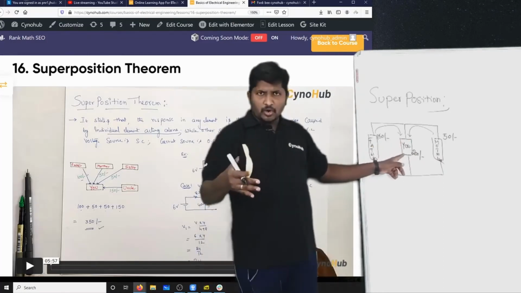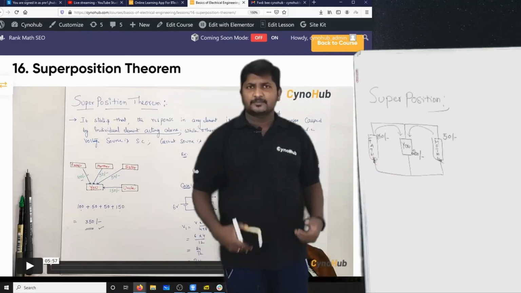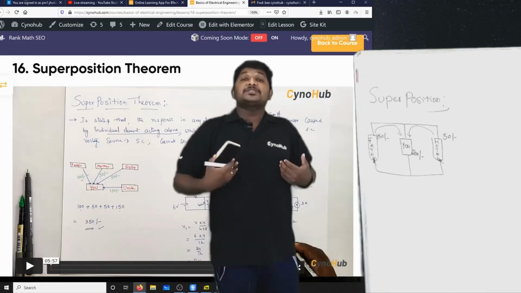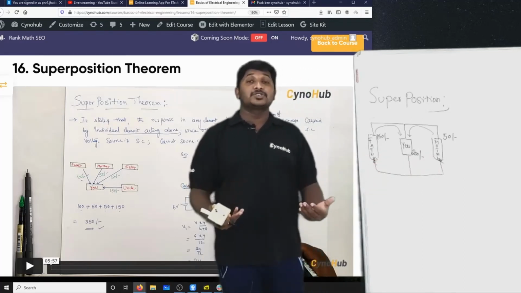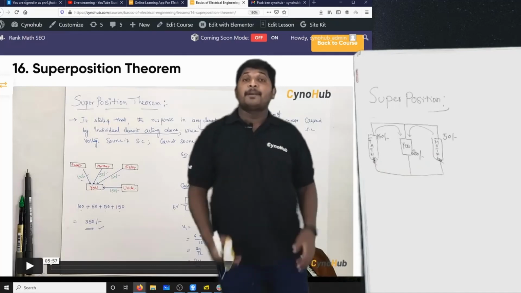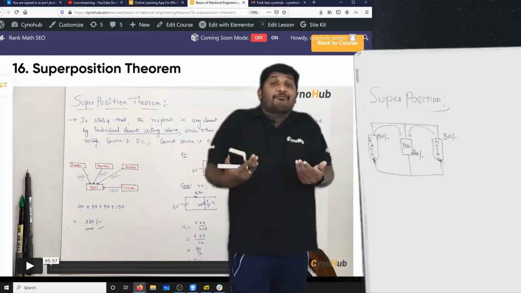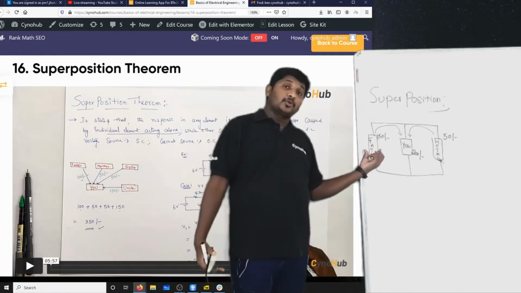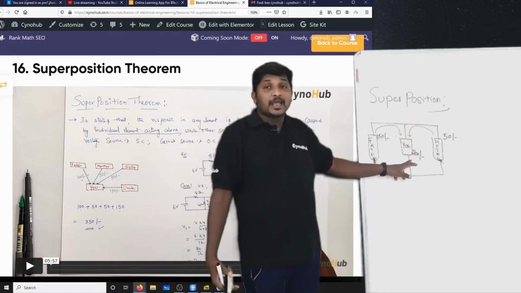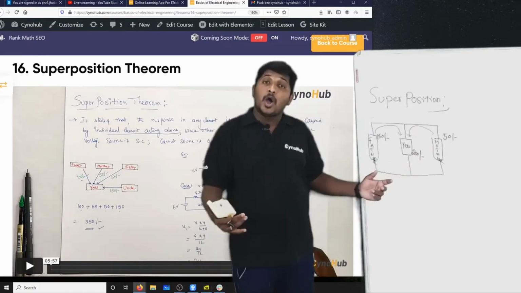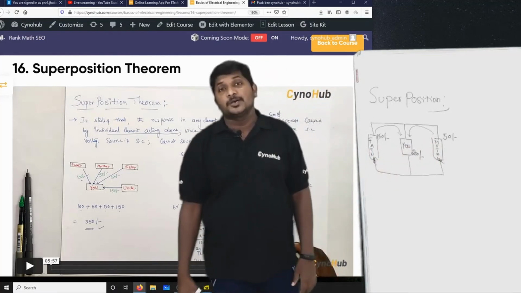You or myself, the one taking, means a resistor or a capacitor or an inductor. So we are passive elements, and these two elements are active elements. Active elements will give, passive elements will take. Now this element is taking from the father active element and the mother active element. And what is the value of this branch? 200 rupees. How? Sum of 150 plus 50. That is the superposition theorem.